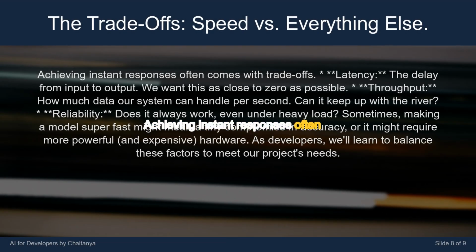Achieving instant responses often comes with trade-offs. Latency. The delay from input to output. We want this as close to zero as possible. Throughput. How much data our system can handle per second. Can it keep up with the river? Reliability. Does it always work, even under heavy load? Sometimes making a model super fast might mean a tiny compromise in accuracy. Or it might require more powerful and expensive hardware. As developers, we'll learn to balance these factors to meet our